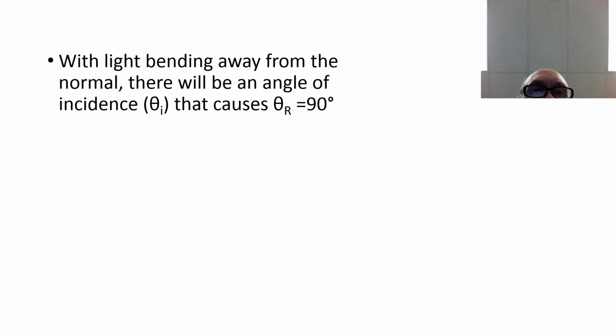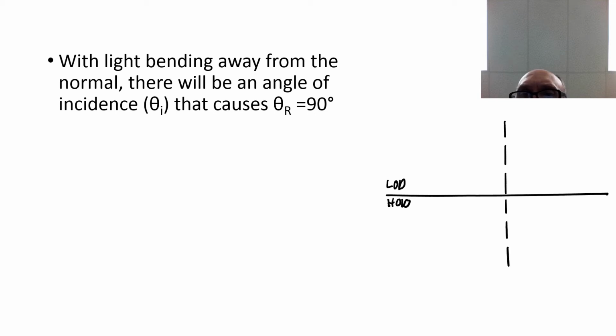So on this last slide, what we're going to do is some writing on the left-hand side, like that. And I'm going to do my drawings on the right-hand side. And so I'm going to draw first a line separating my 2 materials. And I'm going to label this with my high optical density below, my low optical density above. I'm going to draw in a vertical dashed line, which is my normal,